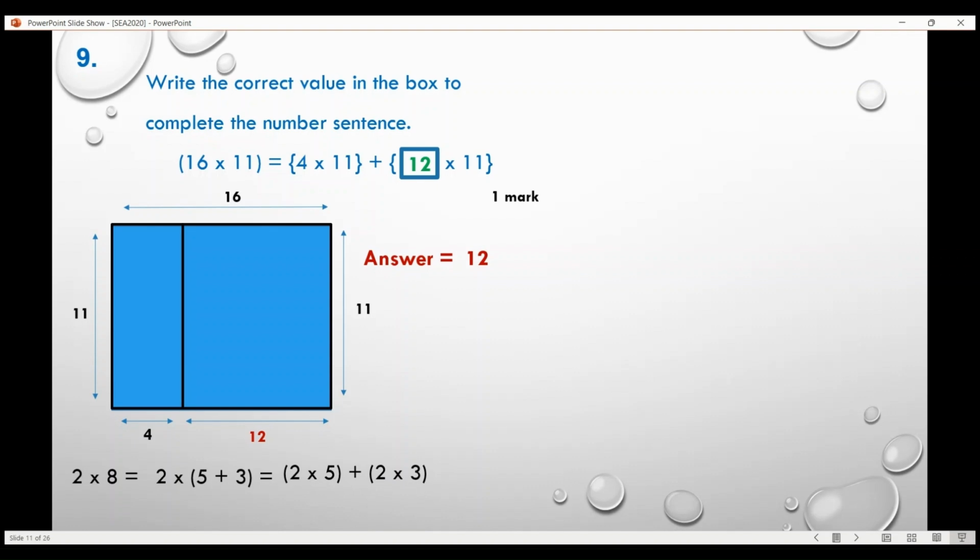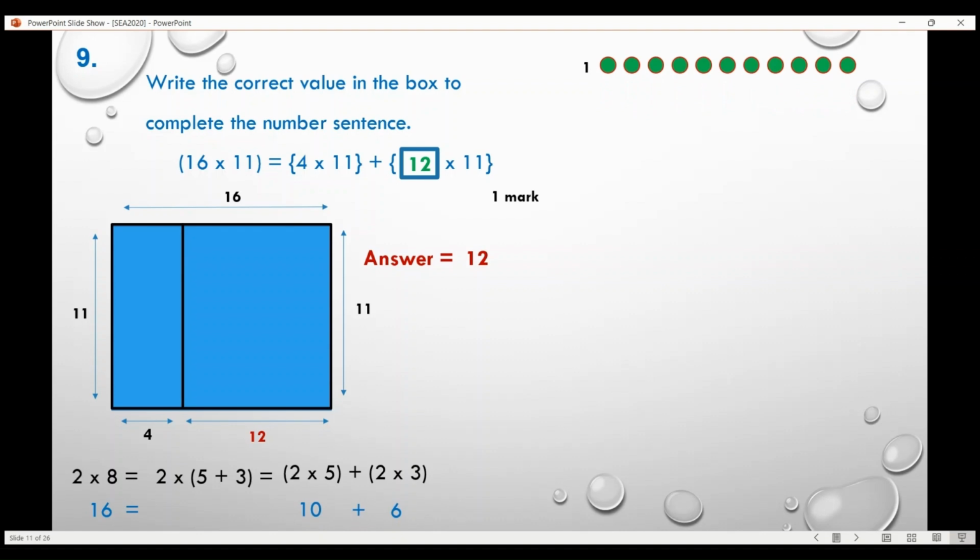And of course, if you want to put numbers on it, 2 8s are 16, and that is equal to 2 5s are 10 plus 2 3s are 6. So it makes sense. Another way to look at it would be recognizing that if we have one set of